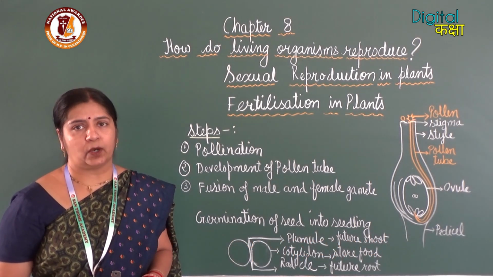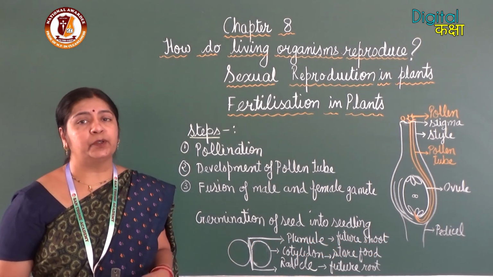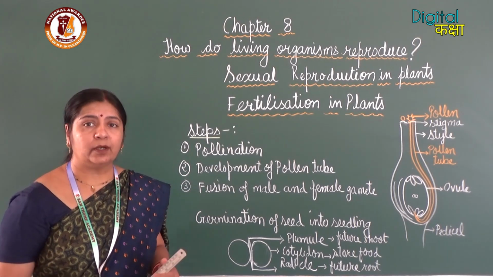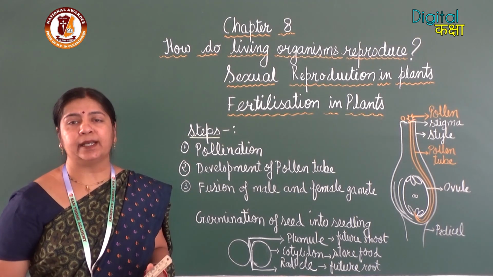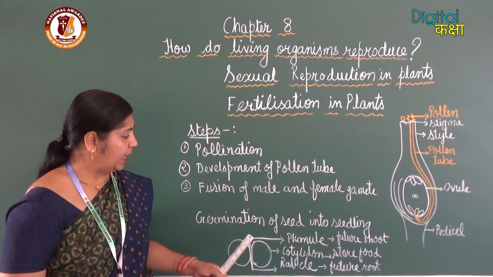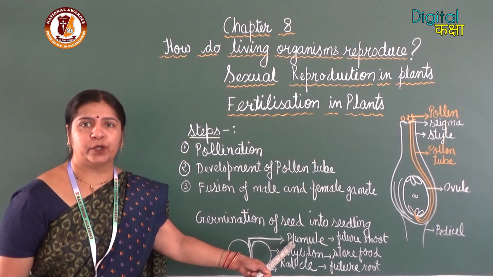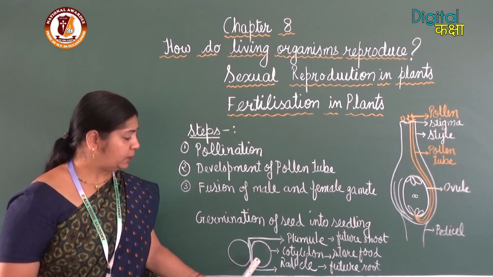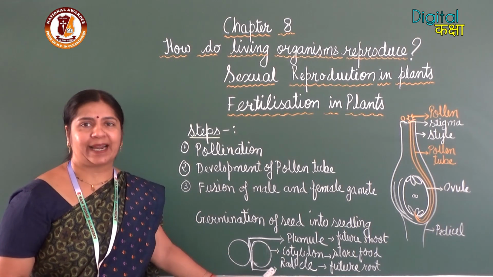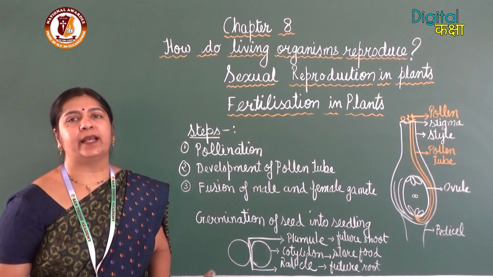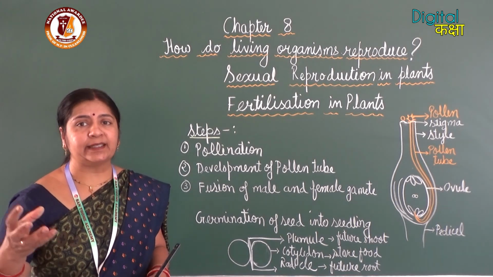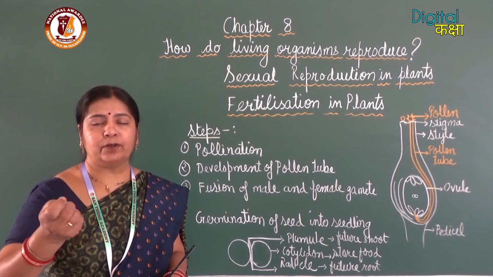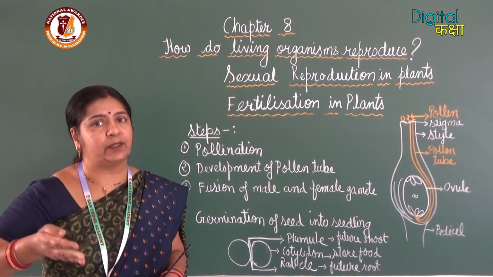So from where do these develop? From where the root develops and from where this stem develops. So there are two leaf-like structures inside the seed. Upper leaf-like structure is plumule, which will develop into stem, and the lower leaf-like structure is the radicle, which will develop into root.